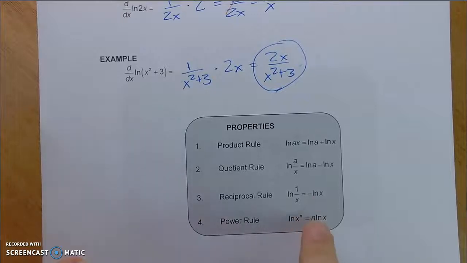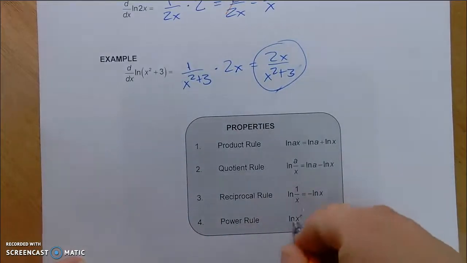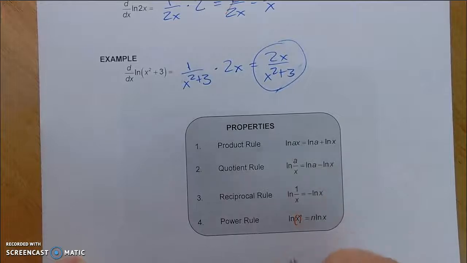And remember, this can also work in the other direction, that we can start with something in front of the natural log and we can bring it up to that. One other note is to remember that this is the whole thing. So it's natural log of the whole thing to that n. So something like